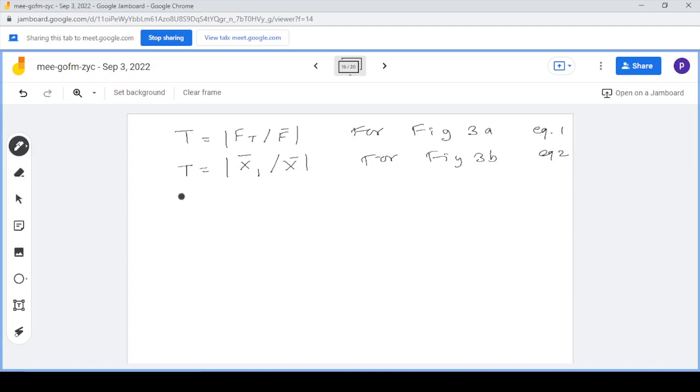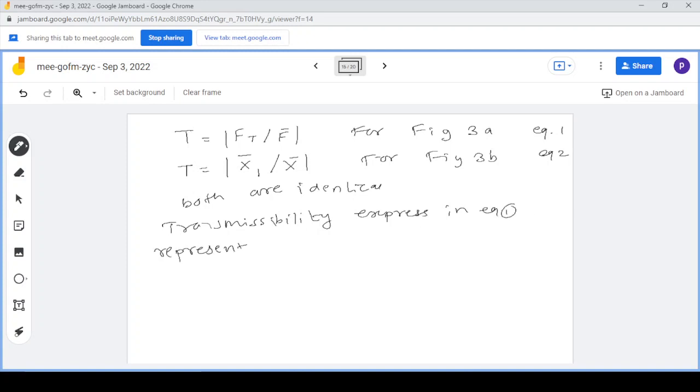And we can see that both are identical. And we can say that the transmissibility expression in equation 1 represents the response of the primary system,